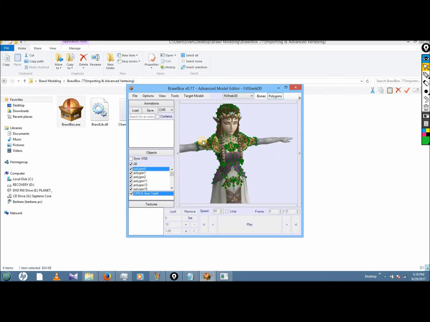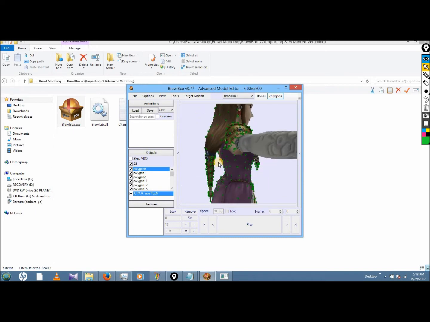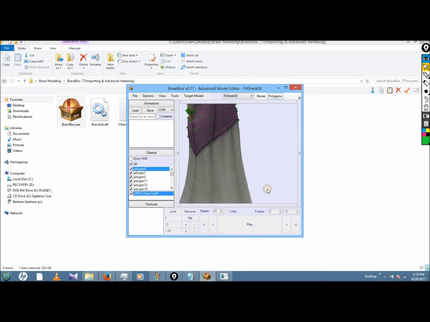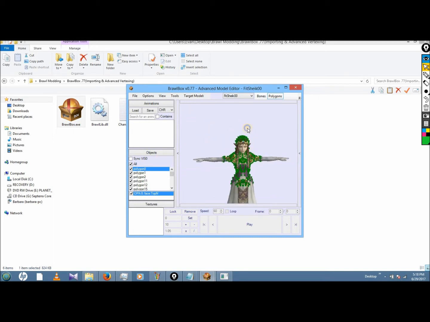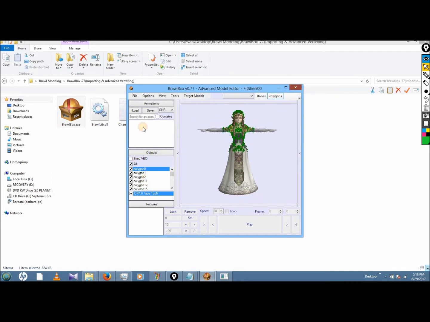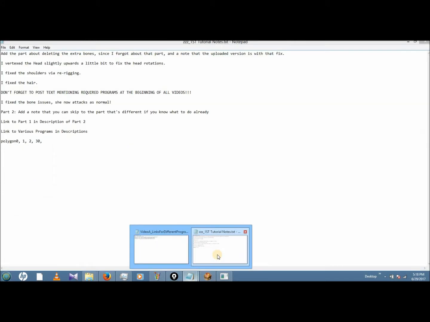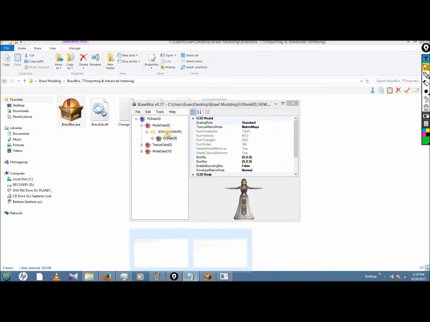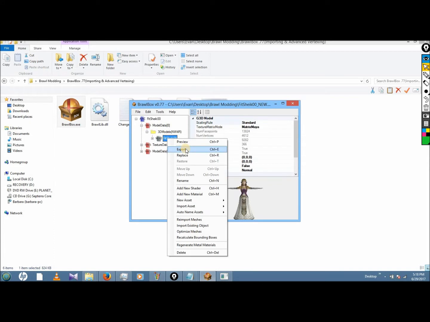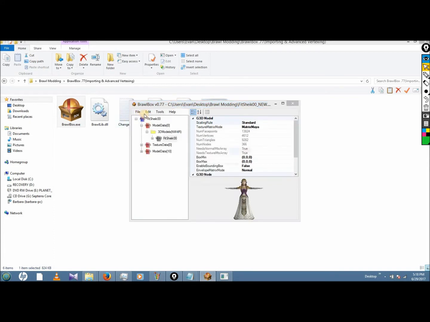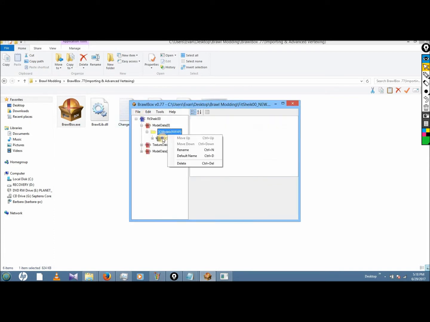But just to make sure, I know for a fact that the hair is going to be rigged to the hair endpoints, and that is polygon 0, which is already marked. Okay, so that's good. So the next thing to do after labeling which polygons are rigged to those bones, which is that list right there where we have polygons 0, 1, 2, and 30, is to export the model that's already over the semi-new bones.